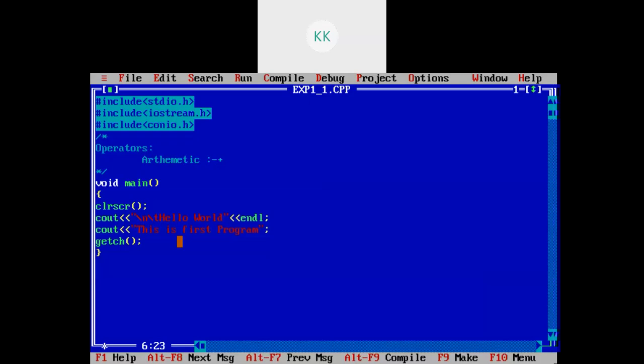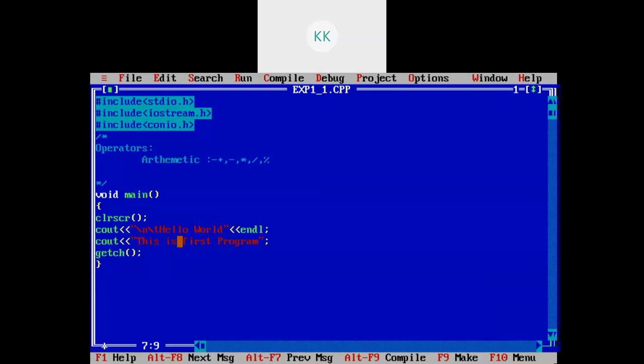That is plus, minus, multiplication, division, and modulus. This all arithmetic operation you have already seen.